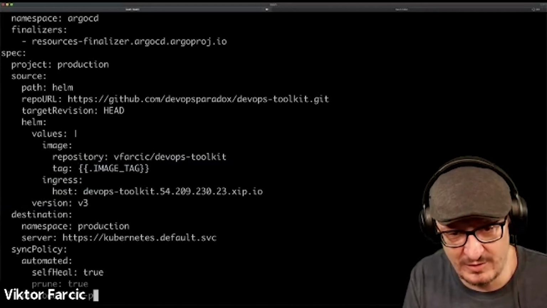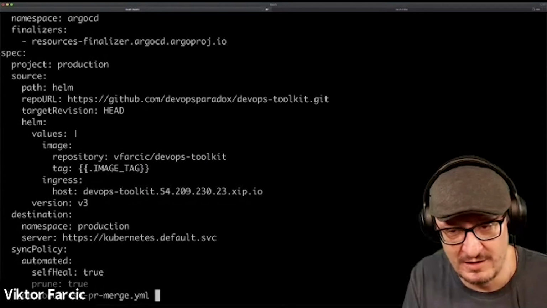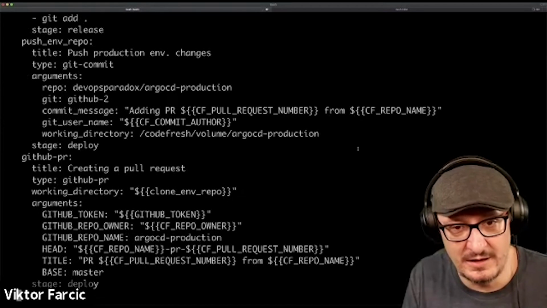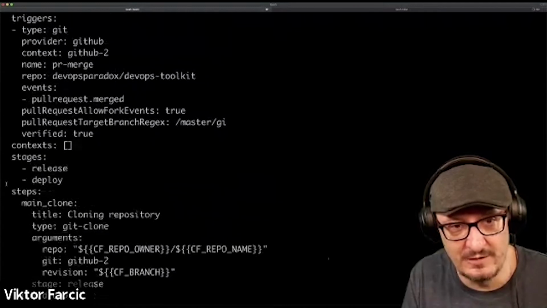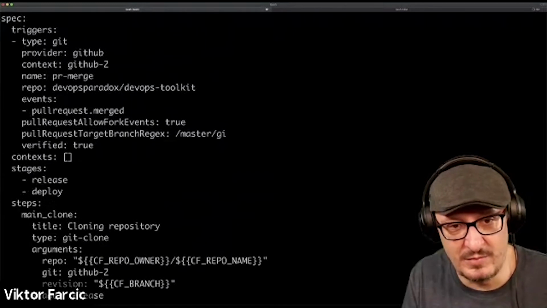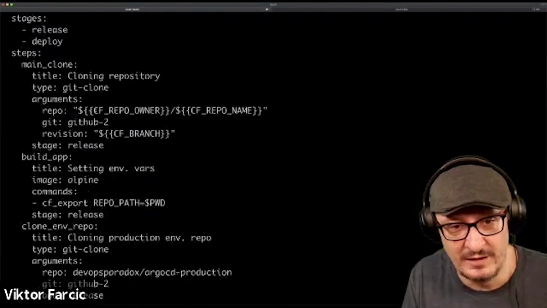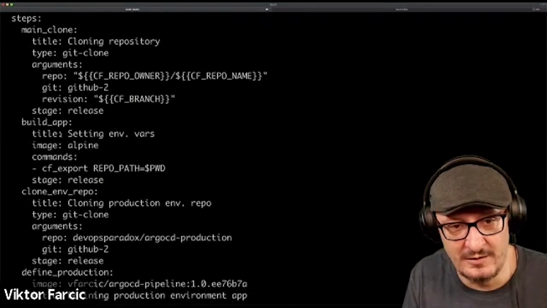Cool. So last file I'm going to show you today, CodeFresh. This is getting boring, pipeline, right? This is the pipeline. And if you look at the triggers, this is the pipeline that will be executed whenever a pull request is merged. It will clone the repository. It will build,